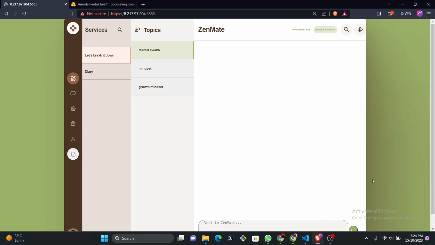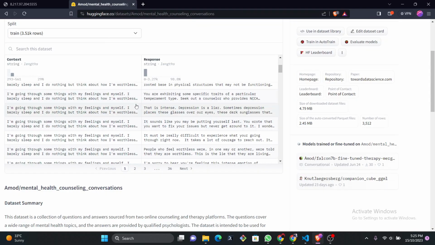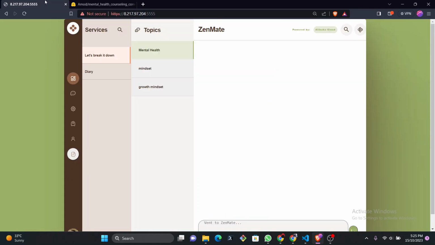And it's currently hosted on Alibaba Cloud, a leading cloud service provider, and it is powered by Llama 2, a language inference model, as well as a knowledge base, a domain specific knowledge base that we got off Hugging Face. And this dataset is curated from counseling sessions between certified psychologists and users or customers. So when you first interact with our chatbot over a browser, you first encounter this interface.